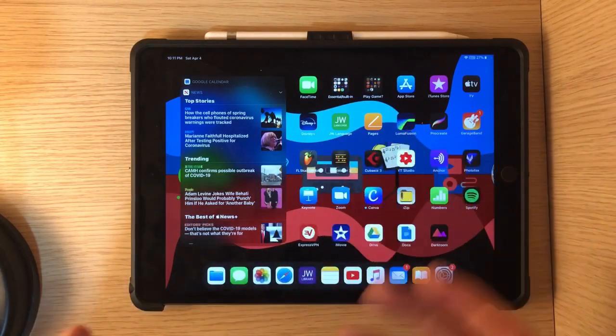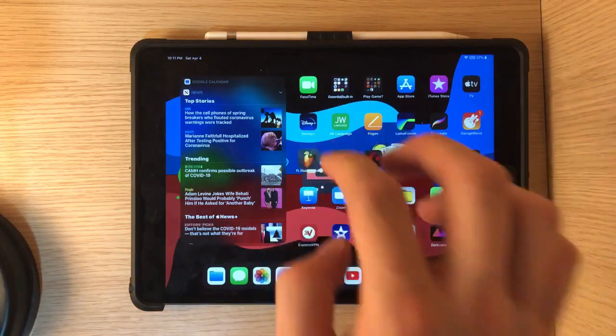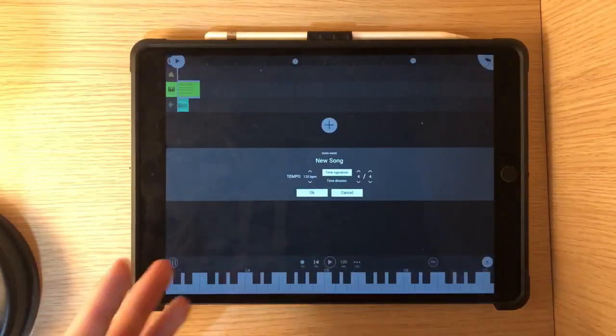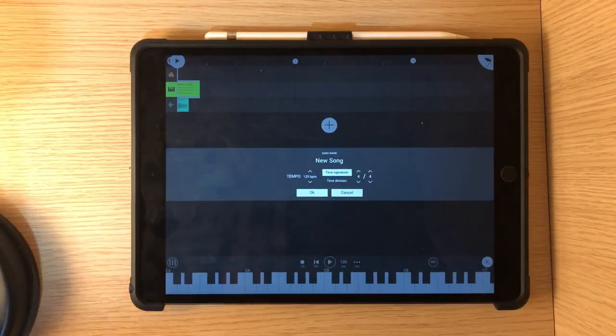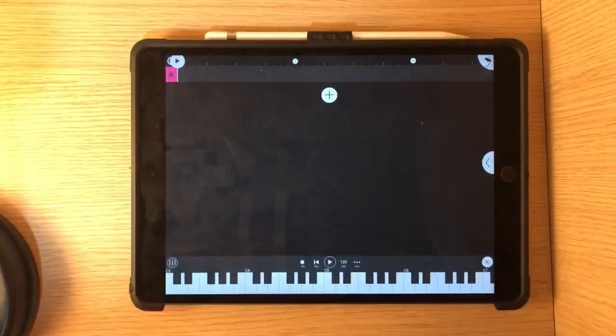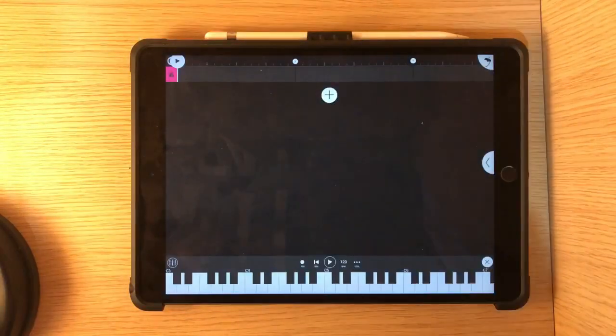So the second one we're going to be looking at is FL Studio Mobile. Pretty simple. New empty template. So here you'll be taken to a screen. You can choose your BPM, your time signature, all that sort of stuff. You can change those settings throughout,